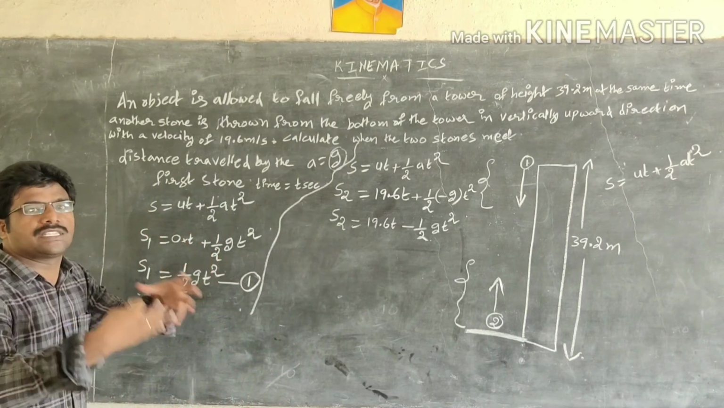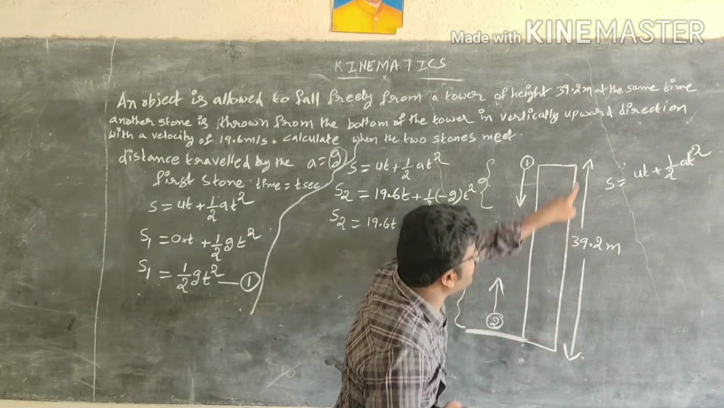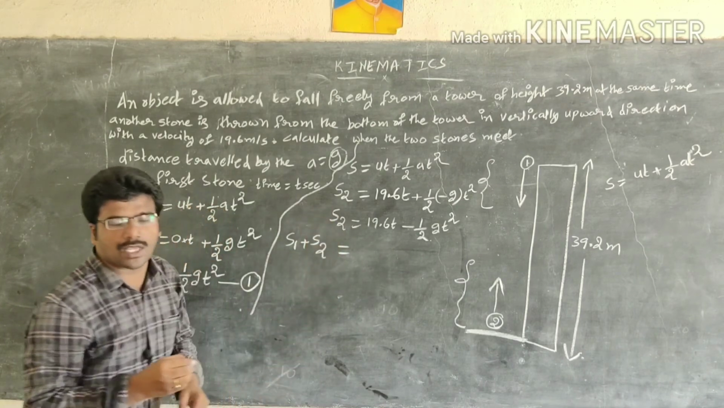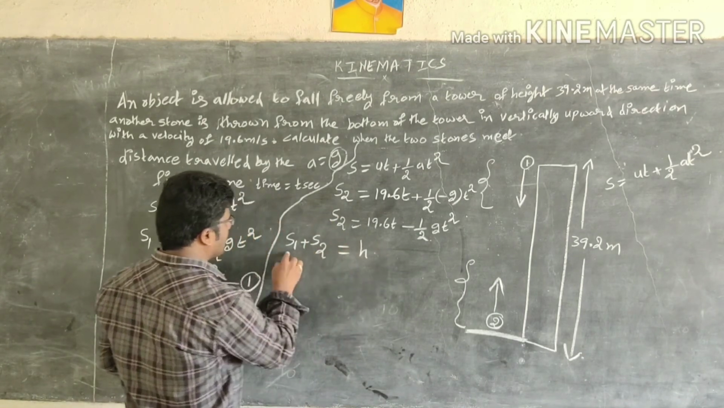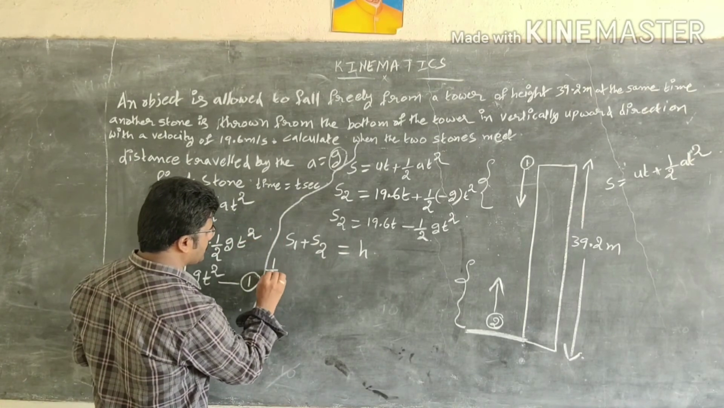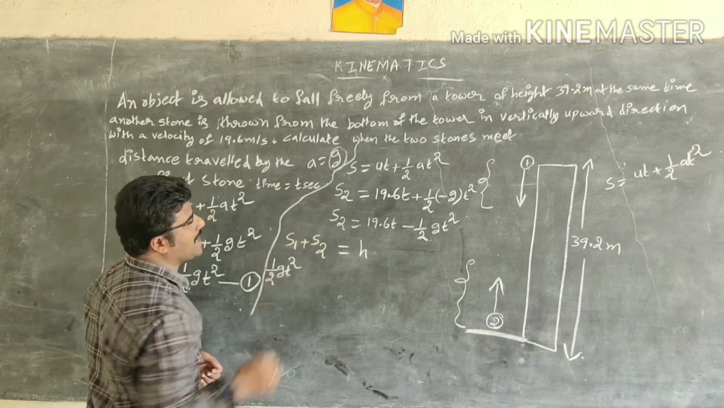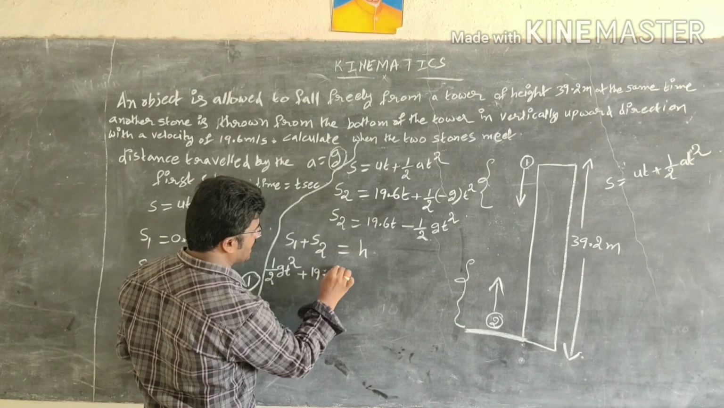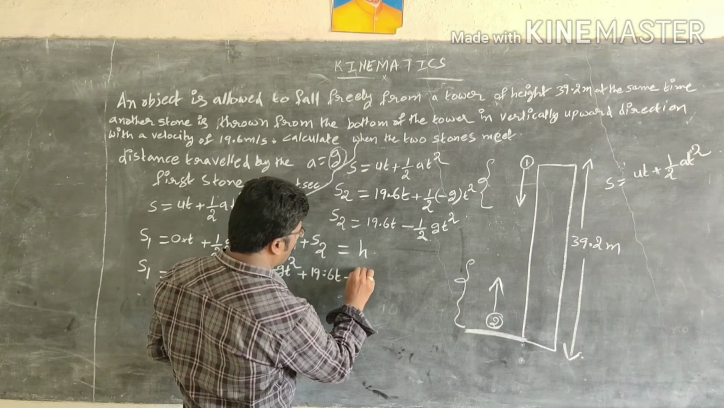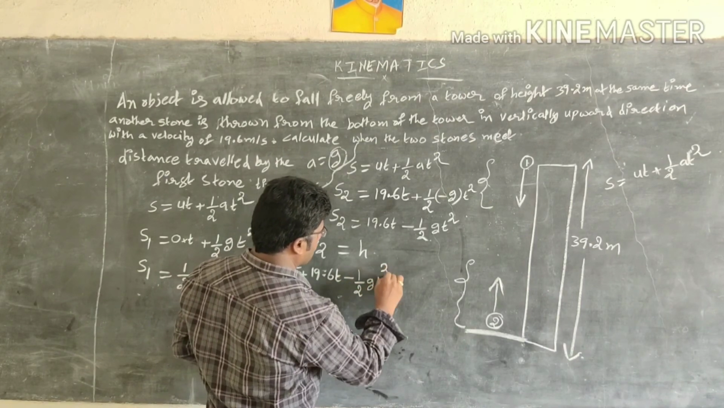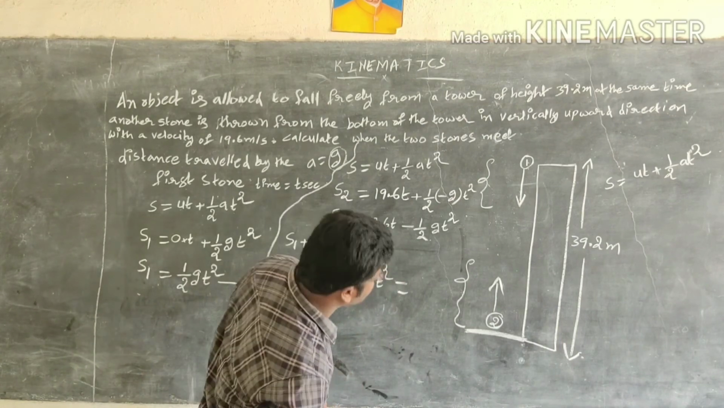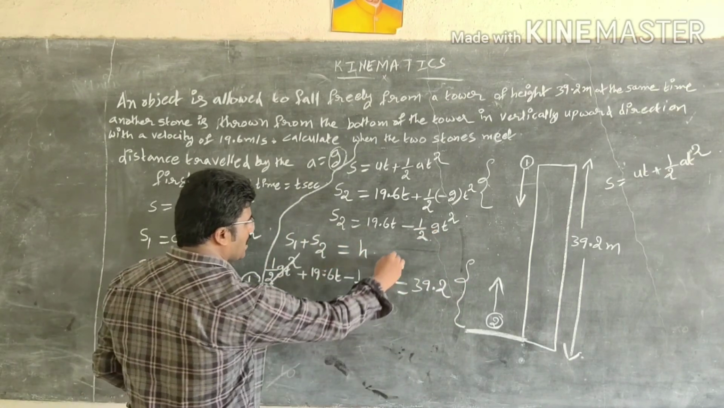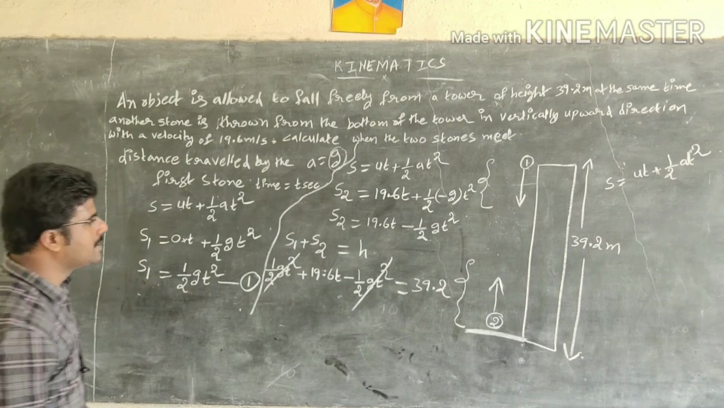The sum of the two distances will be equal to the height of the tower. So S1 plus S2 will be equal to the height of the tower h. What is the value of S1? Half gt square. What is the value of S2? That is 19.6t minus half gt square equal to h. What is the value of h? That is 39.2. Right, plus half gt square minus half gt square gets cancelled. Therefore,